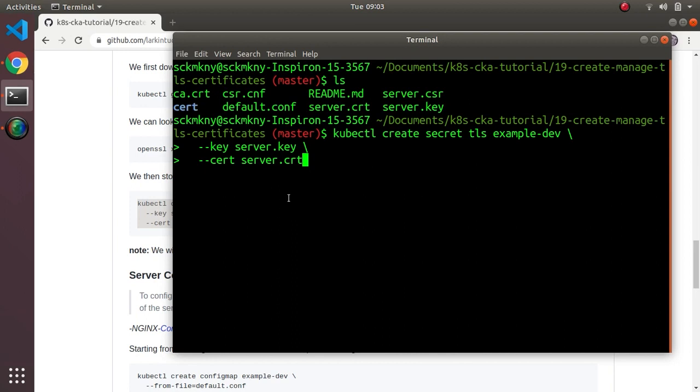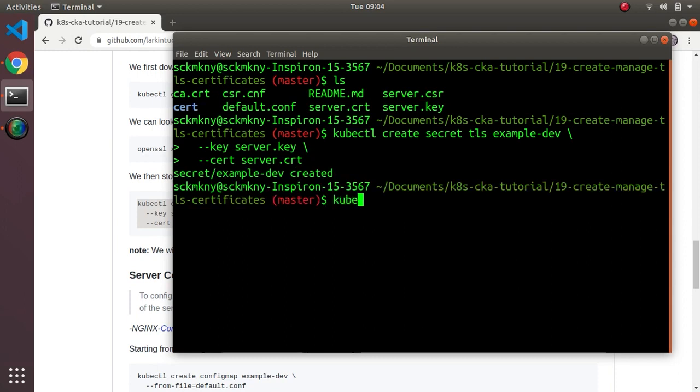It does look like, we'll look at it later, but AWS has a mechanism to protect it even further, but that's something we'll cover later. We'll cover secrets. So just think of this as a key value pair, and secrets actually have types, so they're a little bit more complicated, and this is a TLS type. So let me just create this real quick using the key and the cert, right? And if I just, for giggles, get secret,